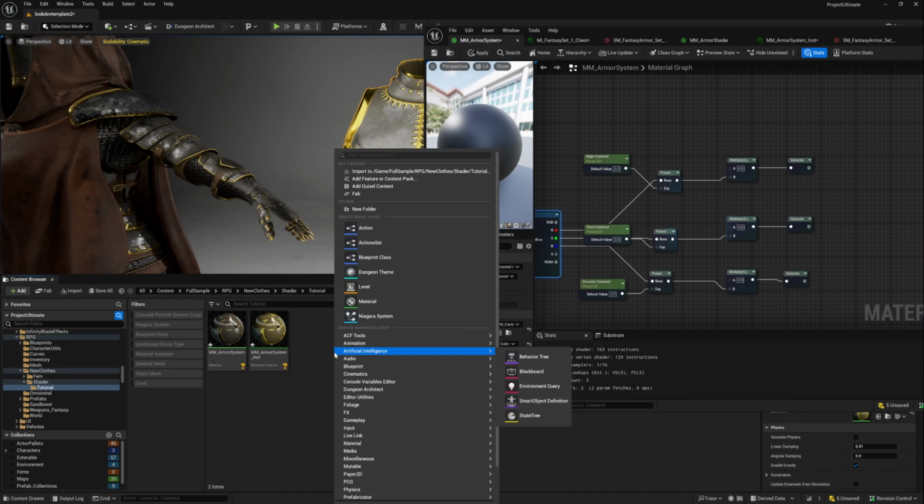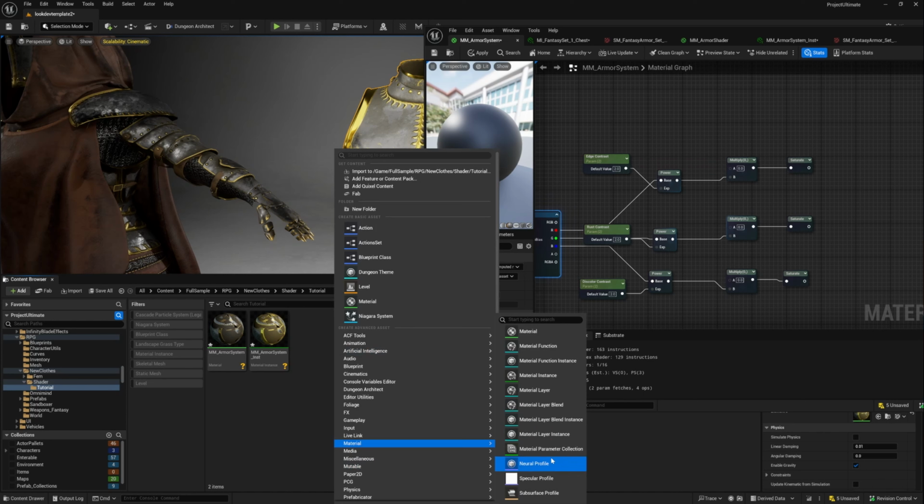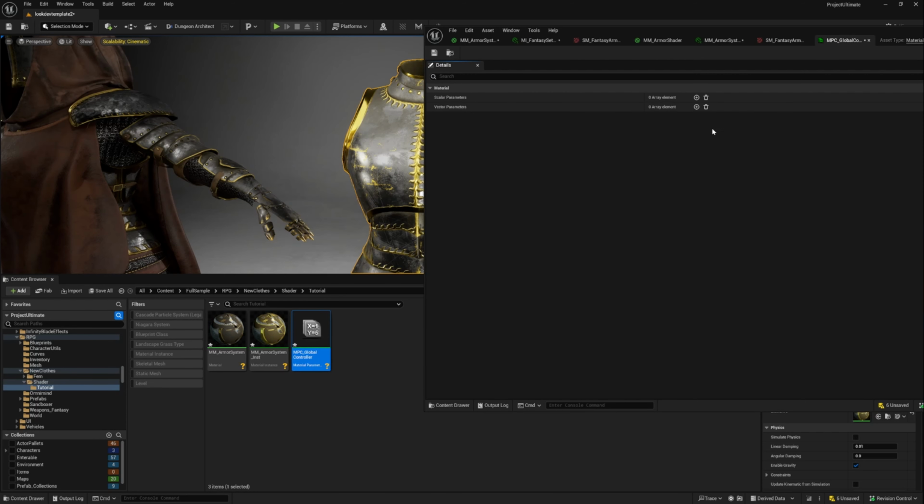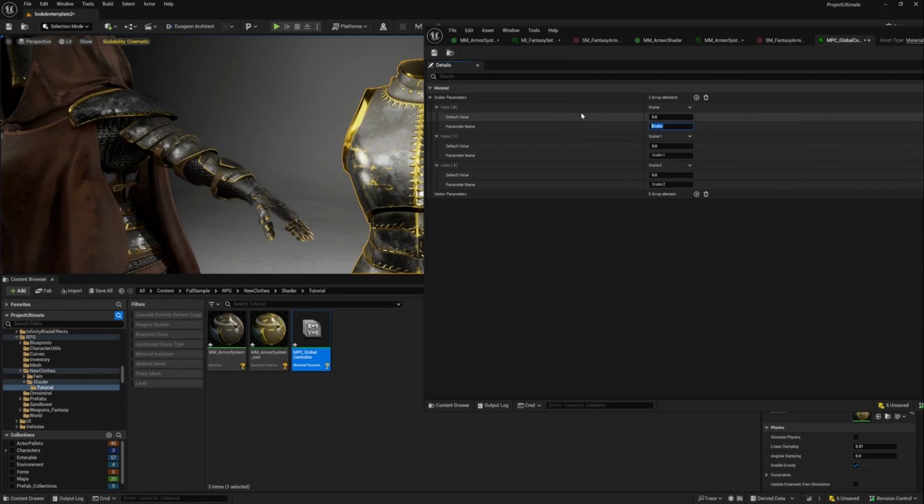So just go in here, right click, go to material parameter collection, MPC, and we'll call this global controller. And then in here, we're going to add a few of these. So this one will be edge wear or scratches. This one will be rust, and this one will be opacity, like so. And don't forget